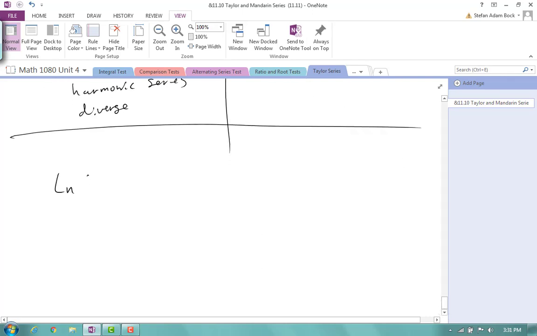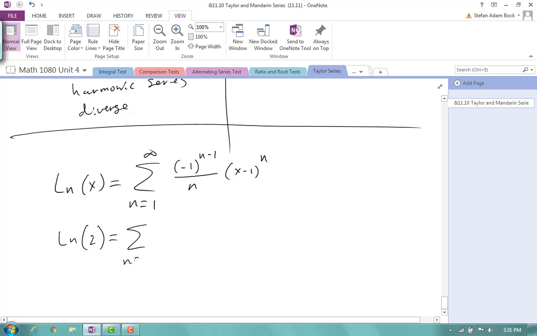The natural log of x is supposed to be equal to this series, n equals 1 to infinity, negative 1 to the n minus 1 over n times x minus 1 to the n, which means the natural log of 2 is equal to the sum from n equals 1 to infinity, negative 1 to the n minus 1 over n,